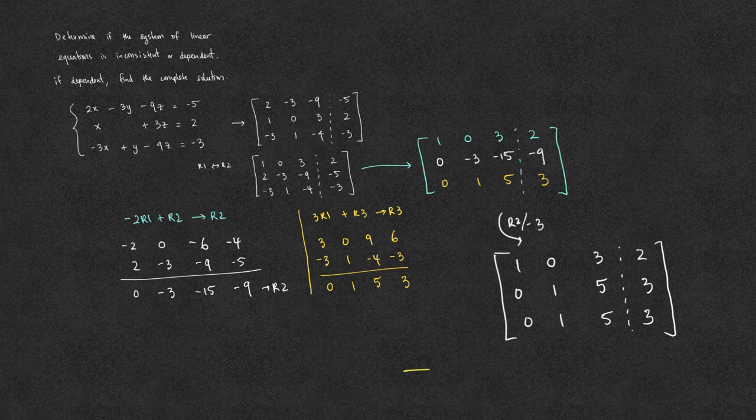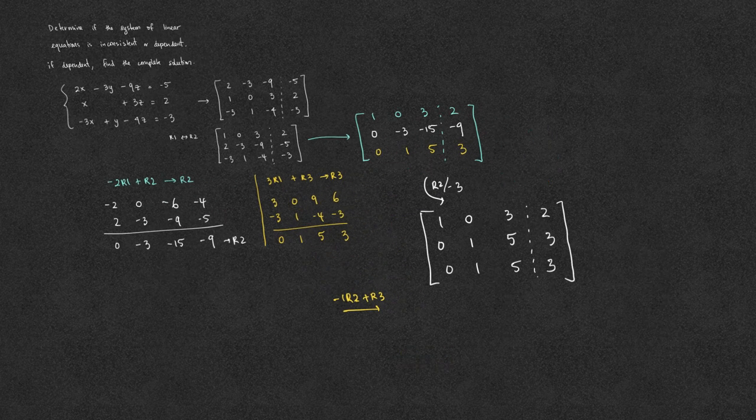We can take row 2, multiply by negative 1, and add to row 3. If we take negative row 2 and add to row 3 to obtain the new third row, then the third row is 0, 0, 0, 0. And we keep the first 2 rows, 1, 0, 3, 2,